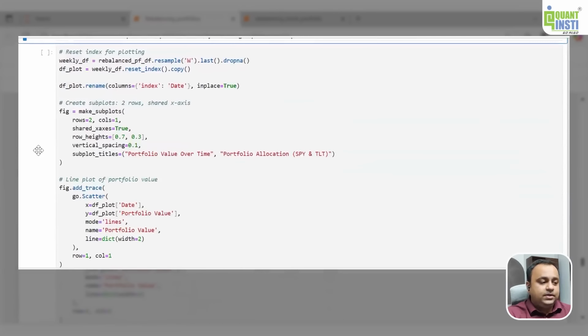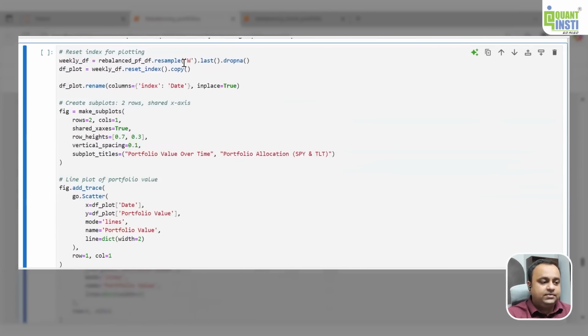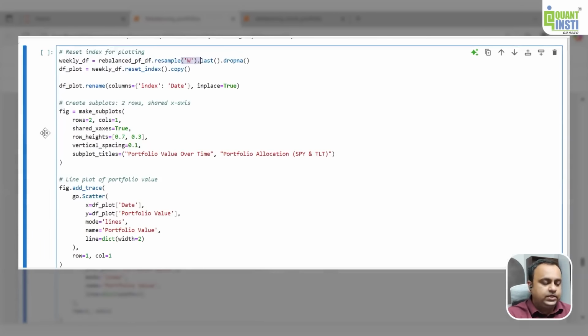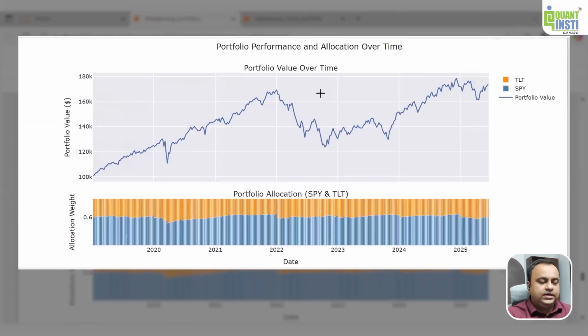When I see that over a period of time, and again I have resampled it to weekly for the visual clarity, I see this is how the weights behave and this is how the portfolio behaves. So the portfolio is obviously in an overall uptrend, and that way it looks nice. But if you clearly look at this portfolio allocation subplot, you will notice that there's something like this little cut over here, a sudden fall over here. Now, let me take you to this area where you see this vertical fall of these blue bars.